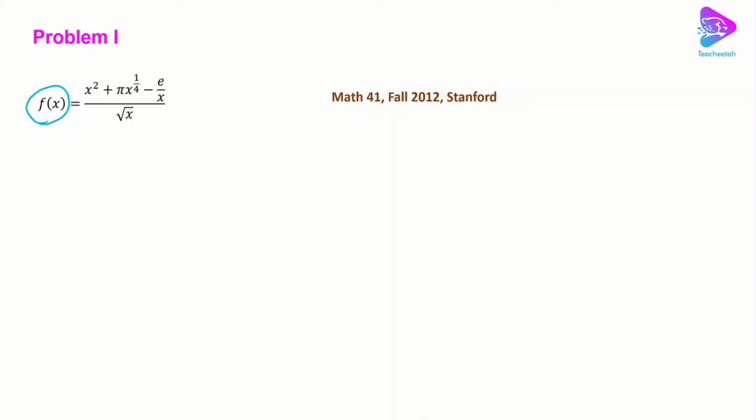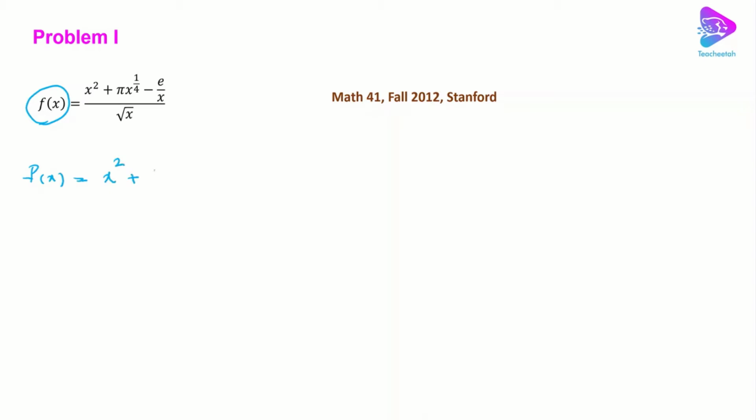This was a midterm problem for Math 41 in fall 2012 at Stanford University. In order to take the derivative of this function, we can use the quotient rule, or the other thing we can do is just say basically f(x) is equal to